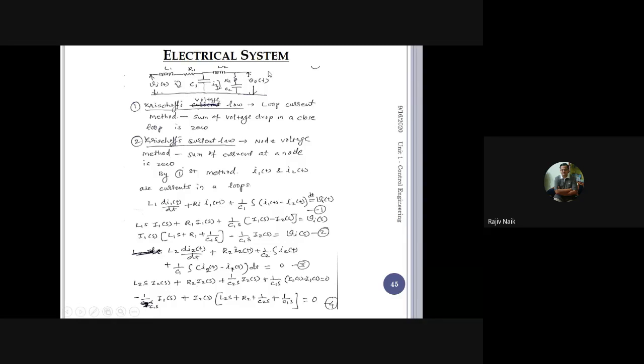See, voltage always has to be measured in parallel, whereas current always has to be measured in series. Suppose you have done the experiments in the fluid mechanics lab. In the fluid mechanics lab, you measure pressure by a U-tube manometer. That means you are measuring in parallel, the difference between the two arms of the manometer. One end is connected to one pipe, another end is connected to another pipe. The difference between the pressures will appear. So that is always a parallel measurement.